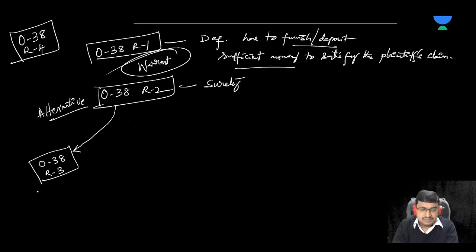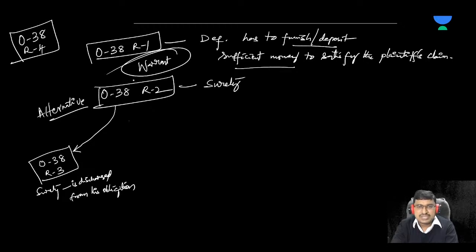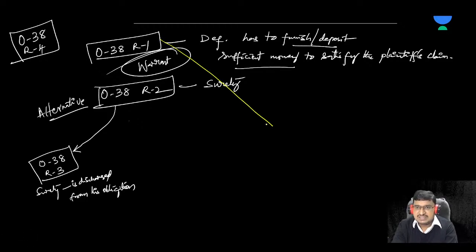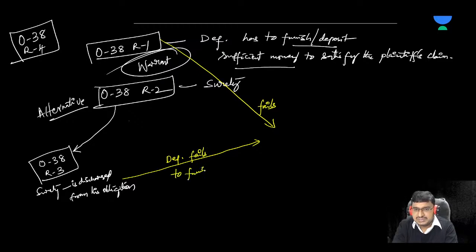If the surety was discharged from his obligation, in case the defendant fails to furnish the security, or if the surety is discharged and the defendant fails to furnish a fresh surety, then according to Order 38 Rule 4,